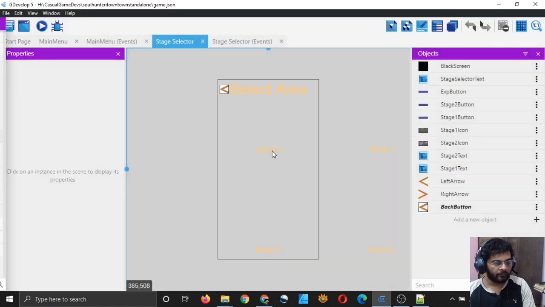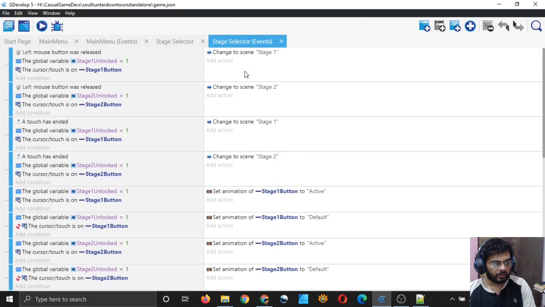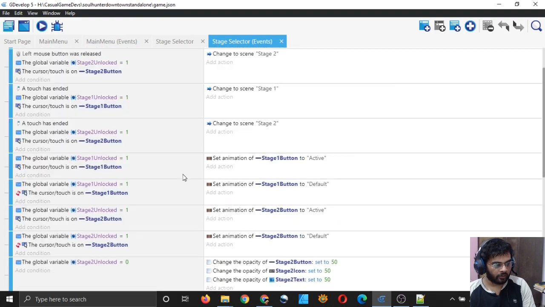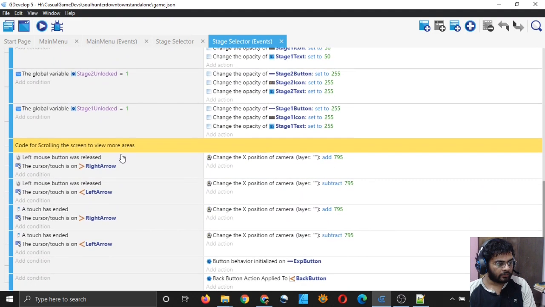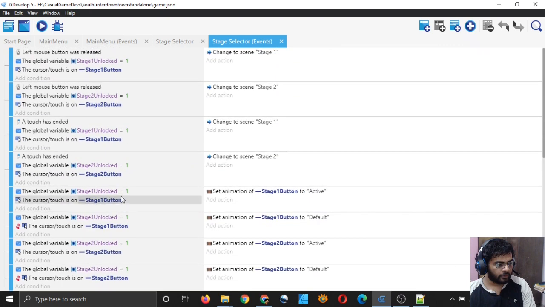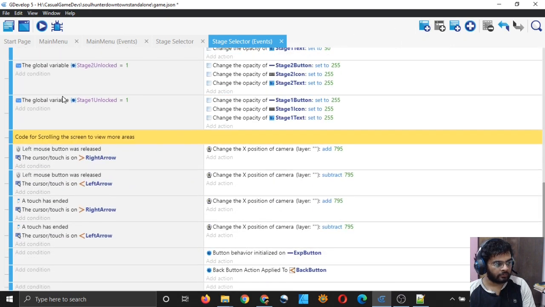There it is, and I will go to the events, and there are lots of events here, and we don't have an at the beginning of the scene event. So let me add one.